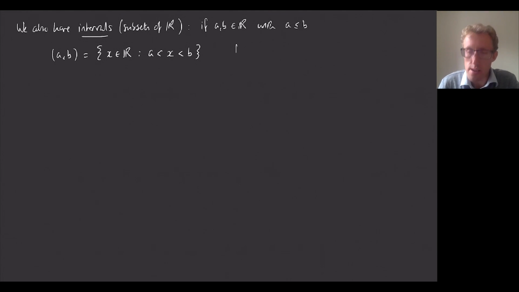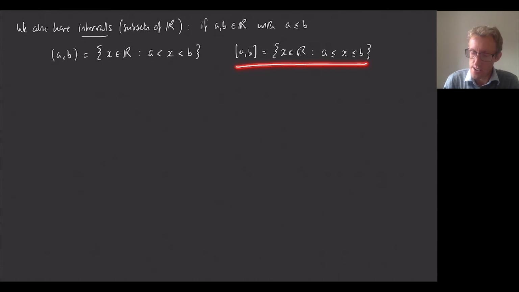If you write the same thing but with square brackets, [a, b] like that, then that means the same thing, but it includes the endpoints. So that's x in the real numbers, such that x is in between a and b, but could be equal to a or b. So an interval like this is called a closed interval, and an interval like this that doesn't include the endpoints is called an open interval. And you can mix and match, so you could have it open on one end and closed on the other end, and you just use a mixture of brackets then.